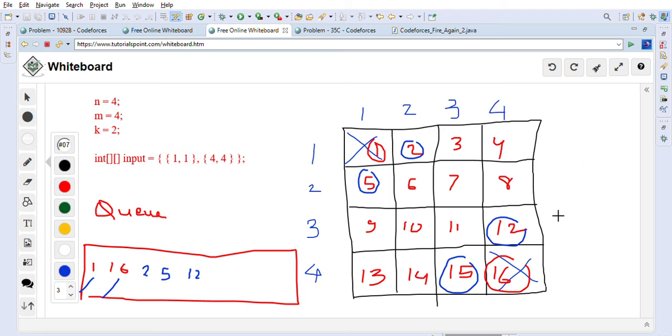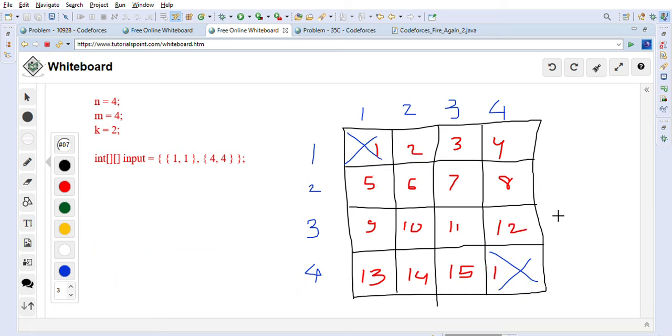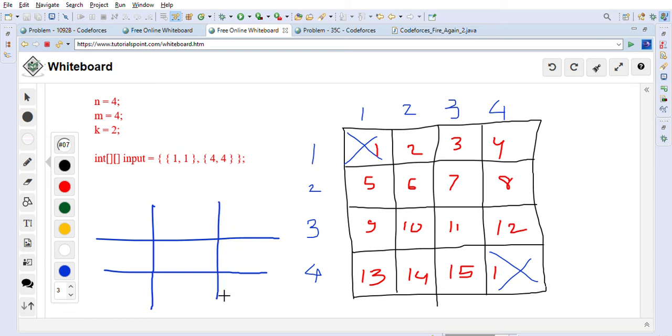So what I'm trying to say basically is, let's say this is our cell in the matrix. This is our i comma j cell, right? So we have to go in four directions. Here what we are doing is i minus 1 comma j is this cell, then i plus 1 comma j is this cell, right?